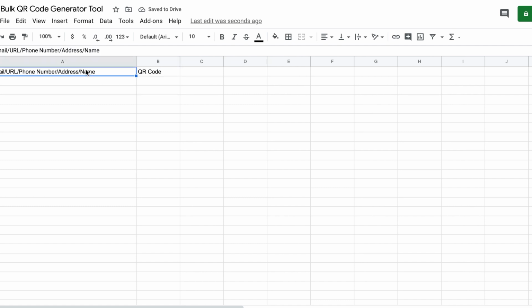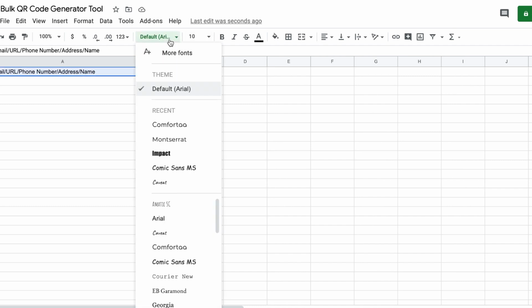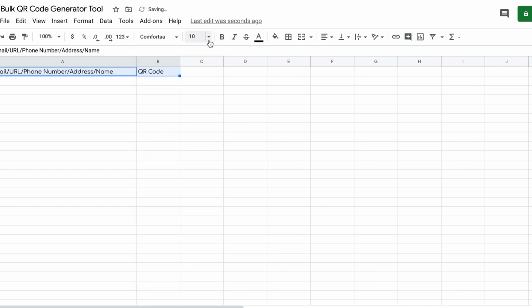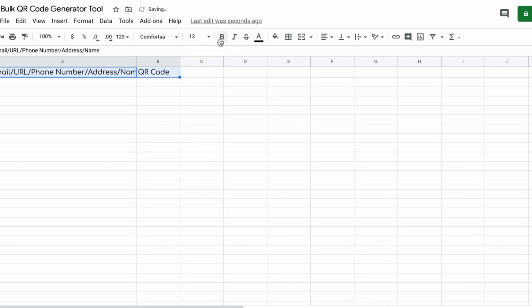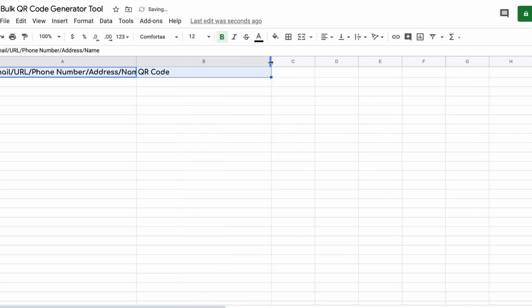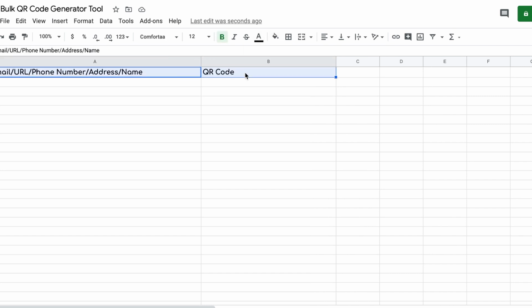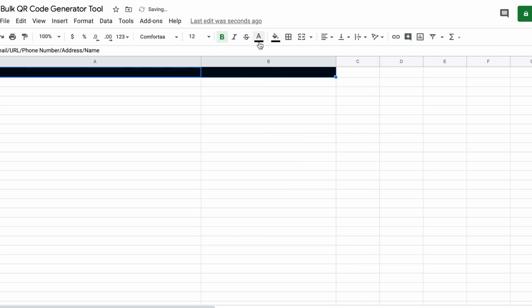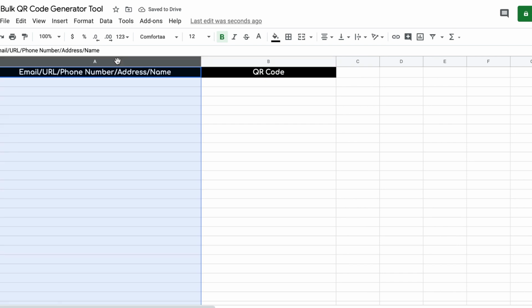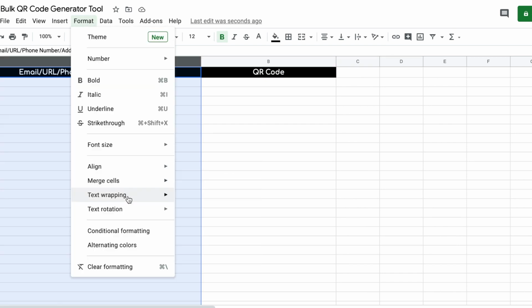Now we will just design this and make it look more professional. You can leave it as it is. It's completely up to you. I'm just gonna resize the boxes. Change the colors. Change the formatting.